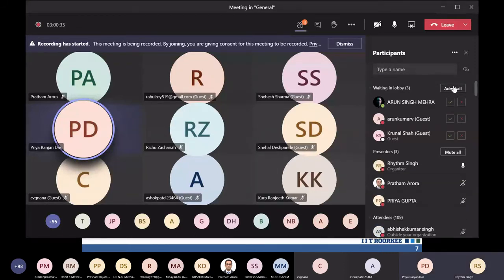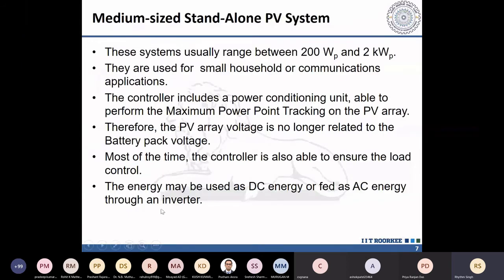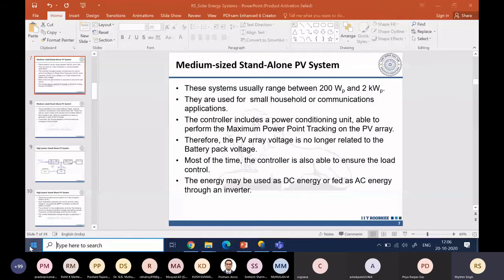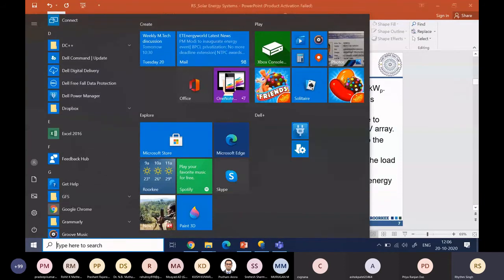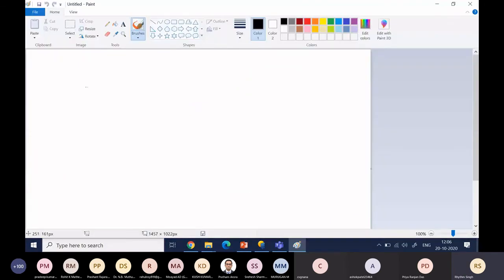MPPT ensures that the voltage and current output, the operating point of your PV system, is at its peak, at the maximum power point output. So let me just try and make something here. Let's say this is a rough IV characteristic. We have the current, I, here, and we have the voltage here. Not really that sharp, but something of this sort